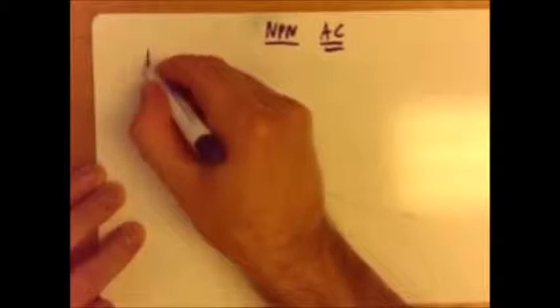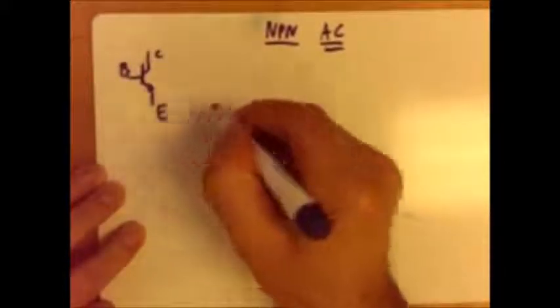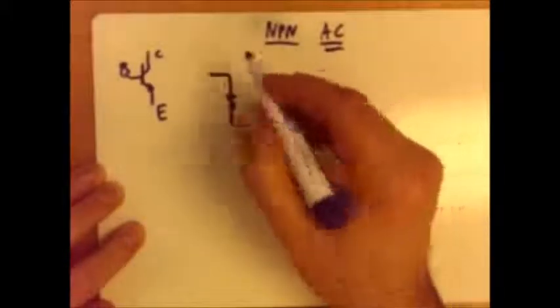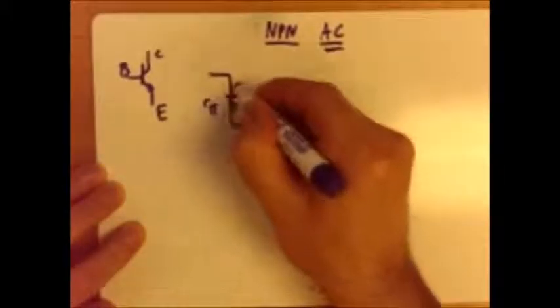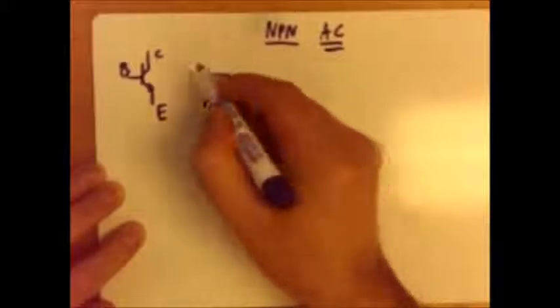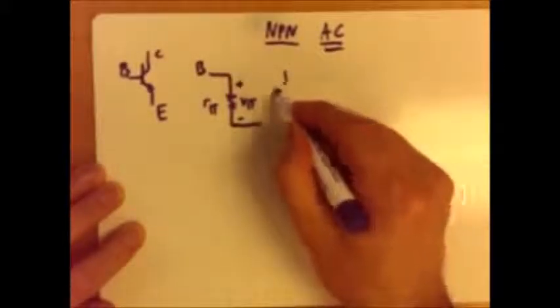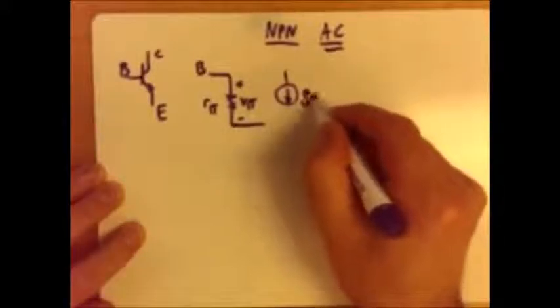Let's talk about the AC behavior of an NPN transistor. So the way we draw the small signal model of an NPN transistor, we have the base. We assume that there is a resistor here that we call R pi. The voltage here, I pi. This is your base. And the voltage controlled current source,